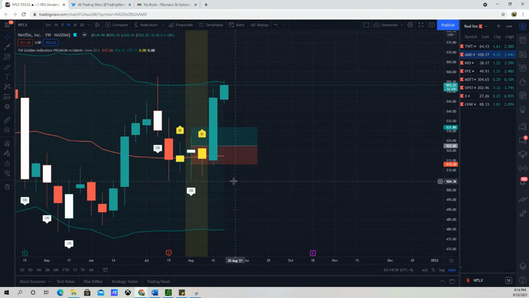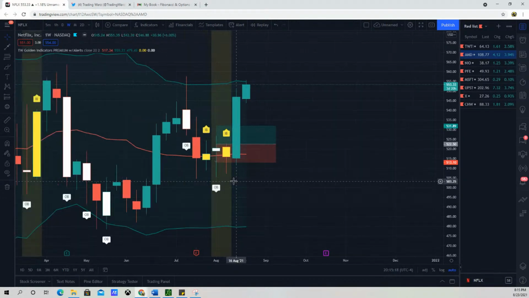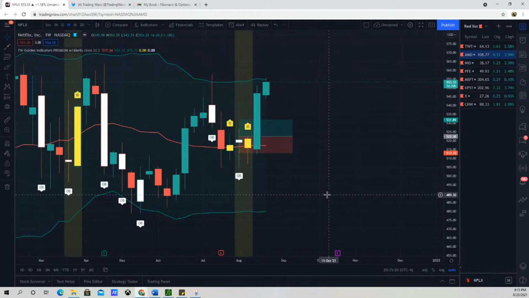So I actually traded 3 separate contracts on Netflix. I took the August 20th calls, the August 27th calls, and I actually got into the October 15th calls today. So I'm going to focus on the August 27th 5:30 calls for now. The ones from last week, I already closed them. I made about triple. This one is probably my best option pick of the year in terms of percentage